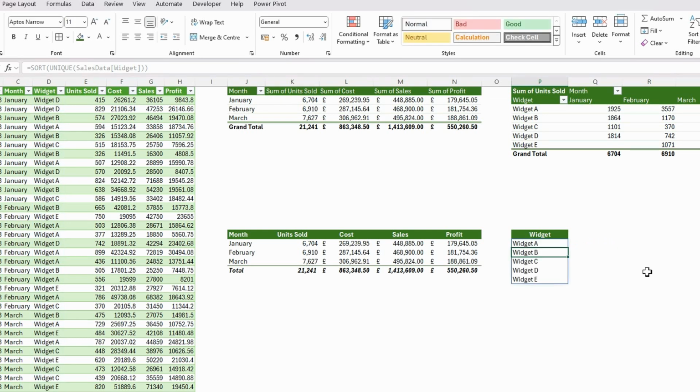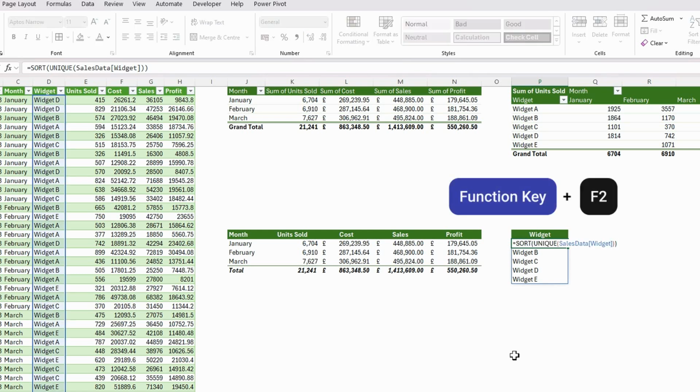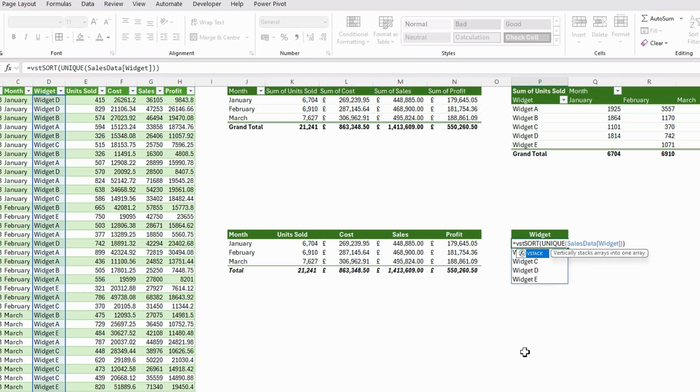Then hit return. So there are my widgets sorted. So again, let's just do that VSTACK. Again, I'm going to do F2. Let's add VSTACK on the front of here. So let's do VSTACK,